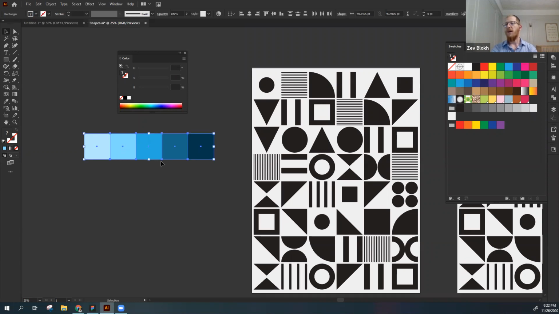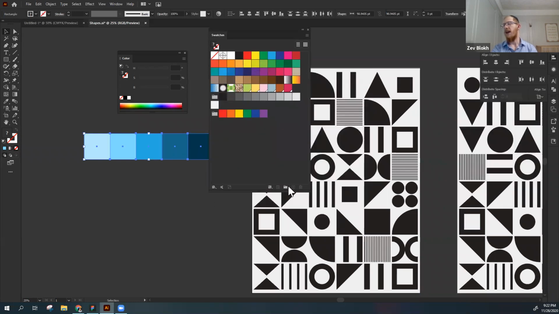So we have these 5 different shapes. I'm sorry, 5 different colors. And all I have to do is, right next to the add new swatch, at the bottom right of our swatch panel, there's a color panel and a swatch panel, and we can tell them apart because it says different names at the top of it. There's a little folder, new color group, right? So just like new color swatch, and we do selected swatches and